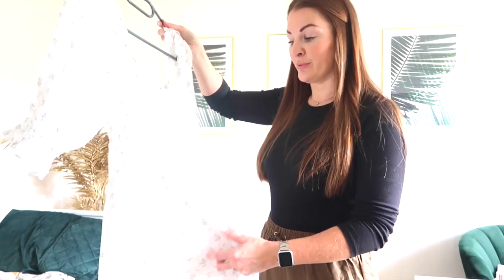Which is also that comfortable that I feel like if you were pregnant, this would be a really brilliant dress for that, because there's a lot of room for a baby bump. The next H&M dress that I will show you